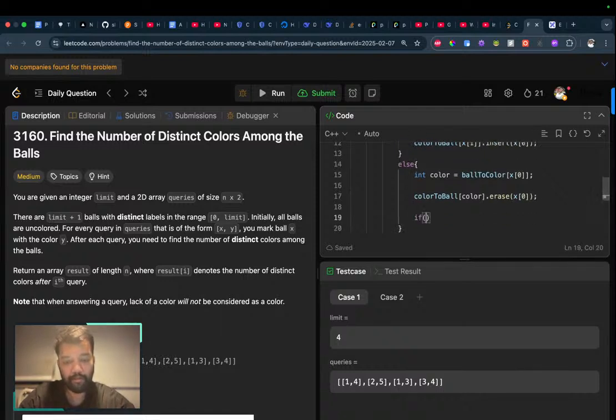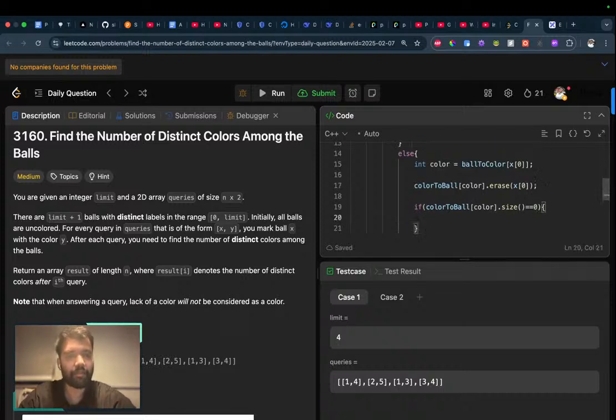If color to of color dot size is equals to 0. If the size becomes 0, we